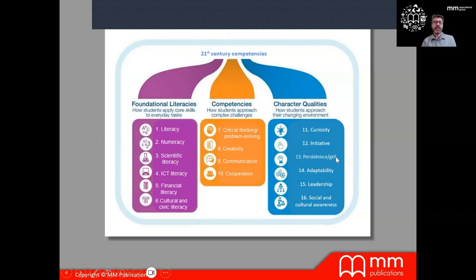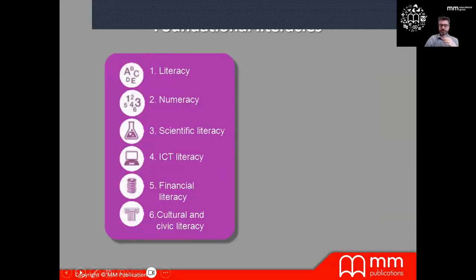That means not giving up, teaching our students that we're going to fail in life, but that's okay because we're going to persist, and success is going to come to us if we persist. These are the 21st century competencies that as teachers, we need to ensure our students are equipped with to be successful.